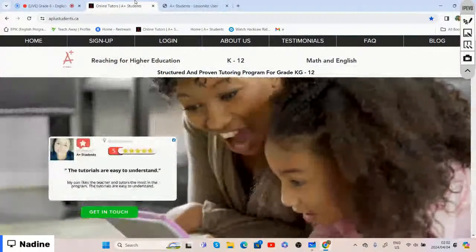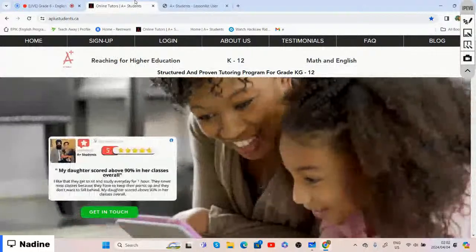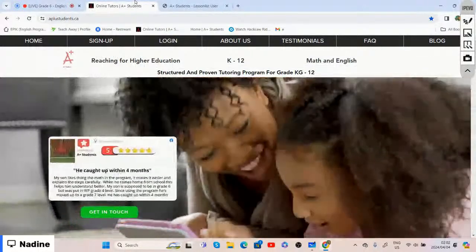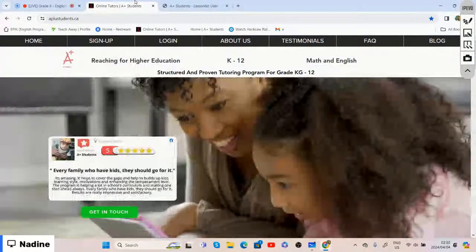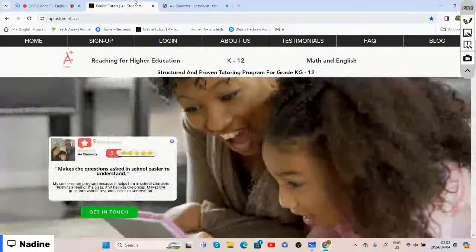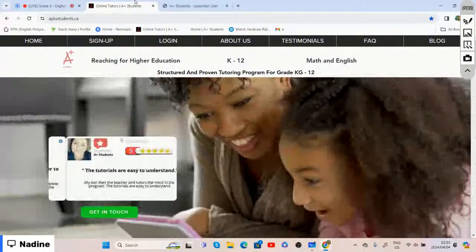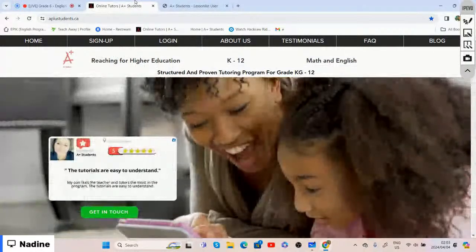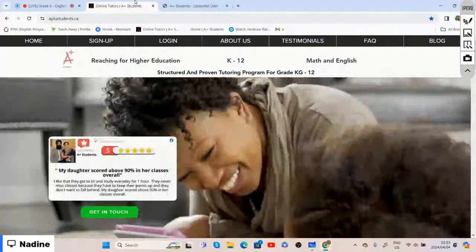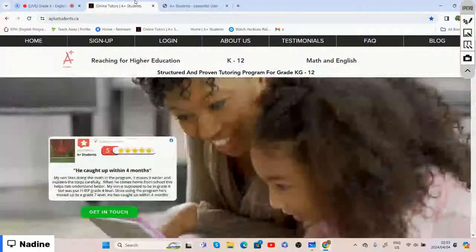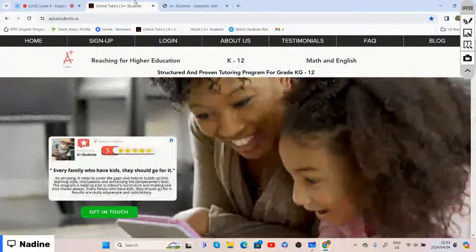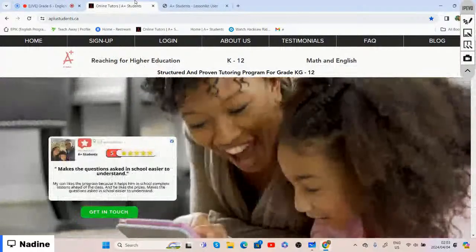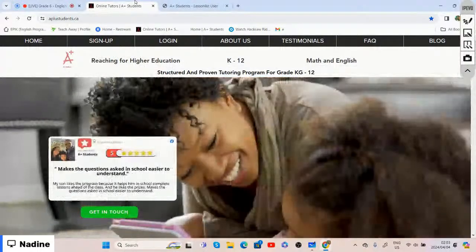Today, we'll be doing our grade 6 English lesson on Thesaurus entries. And before we start, we're going to log on to aplusstudents.ca. Once we've logged on to aplusstudents.ca with our username as well as our password,